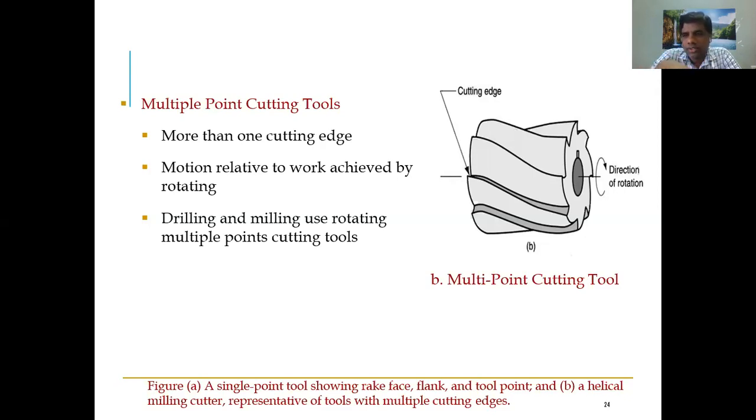I think maybe somebody may have experience in the kitchen, or maybe not. Next time you can explore it. You can ask your mother what she does. You just check it: you do it in both directions. So the cutter you are using in the mixie is sharp in both directions, whereas the knife we use for manual cutting has only one edge sharp, not the other edge. So both are different techniques, right? One is a single point cutting tool and the other is a multi-point cutting tool.